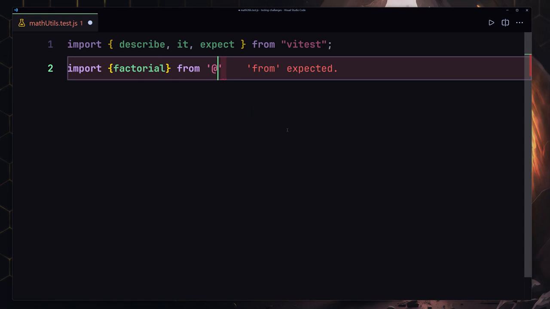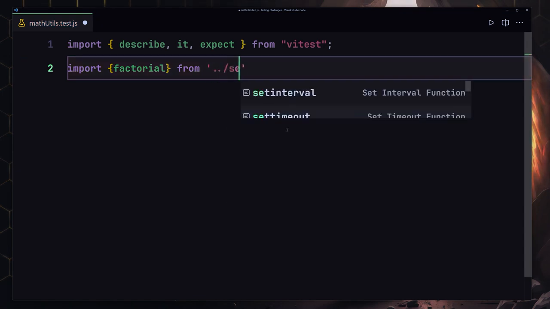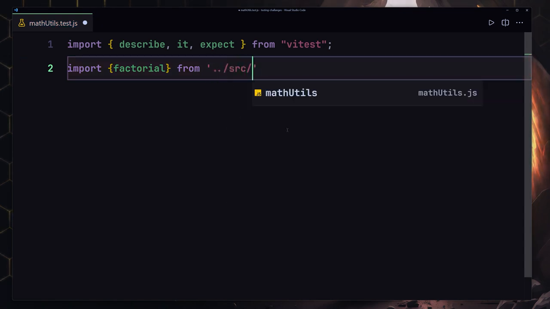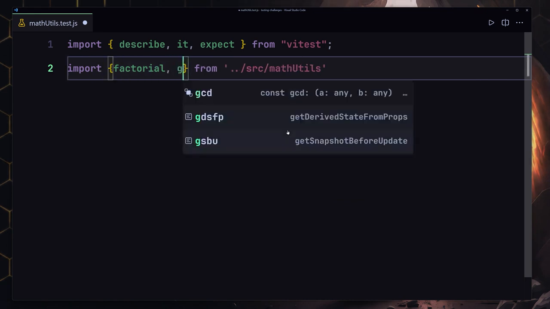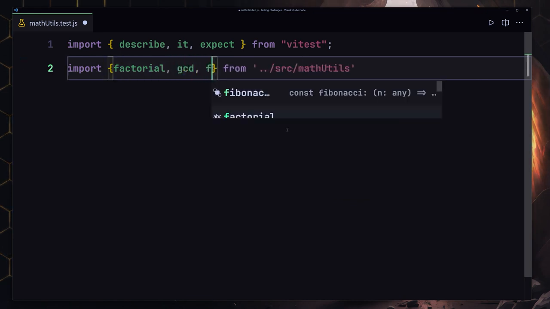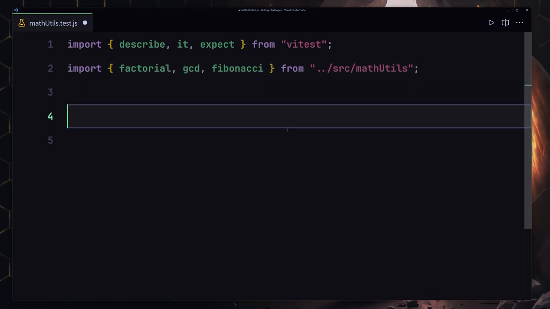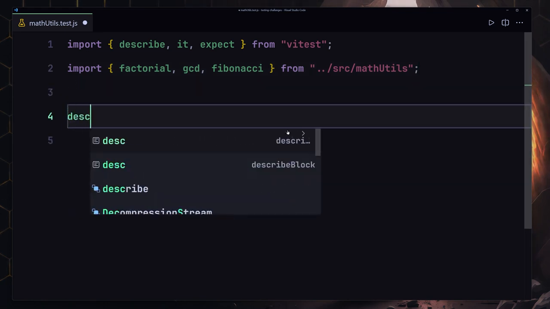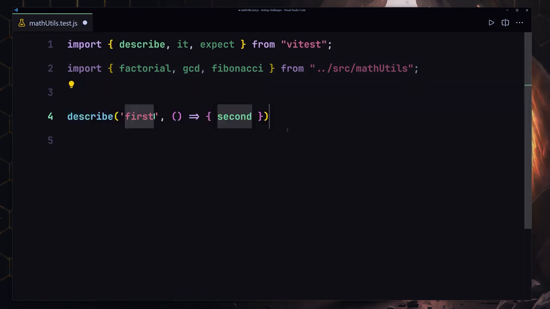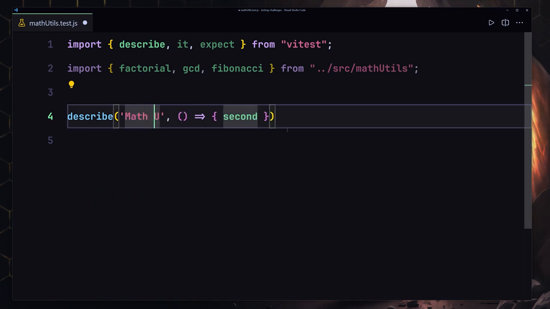from where? Let's just go into the src folder. Now inside the src folder we have our math modules. We have to grab the factorial, then GCD, and also the Fibonacci series. Now we have to grab that. Now that we successfully grabbed that, the next thing that we have to do is describe our test suite. So I'll just give it the name of like mathutils, and now here let's just remove them,